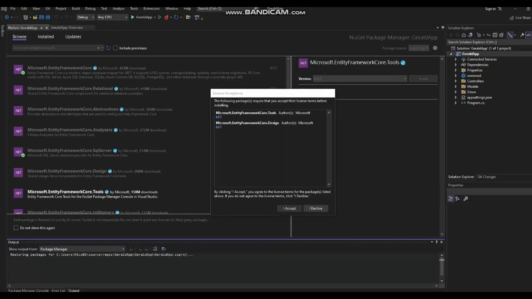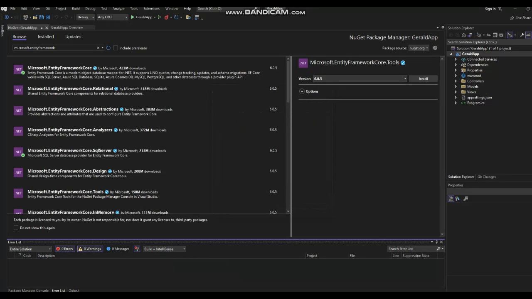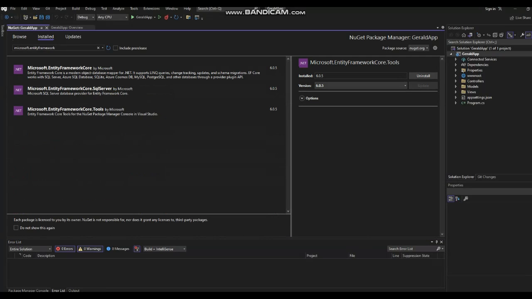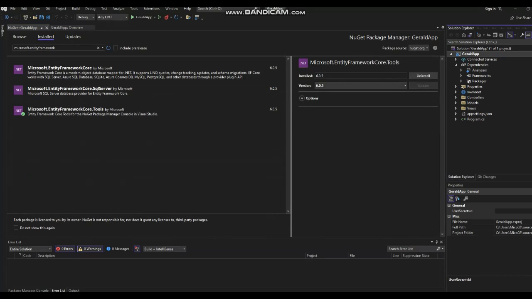And I accept. So we need to have the core, the server, and then the tools be downloaded within our main folder, which we're going to be creating the system or the CRUD. All right. So also you can see in here that everything is installed. Also, if you wanted to check the dependencies in the package, you can see that it's already included